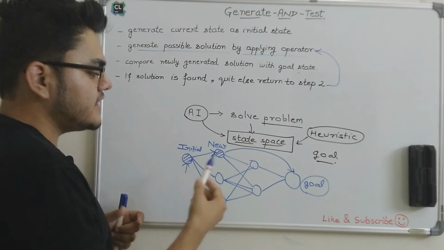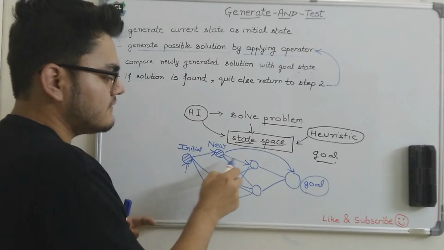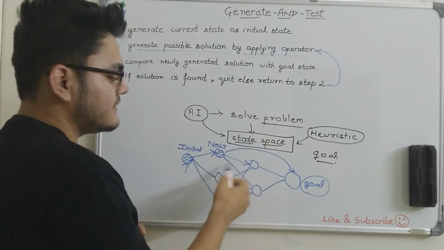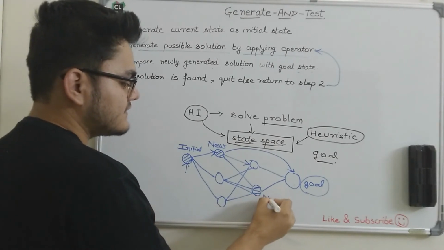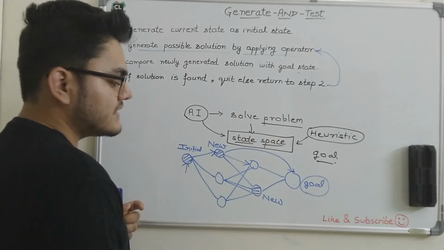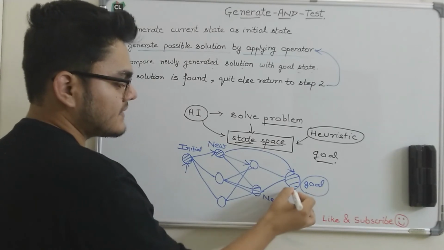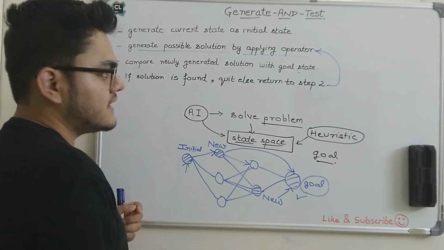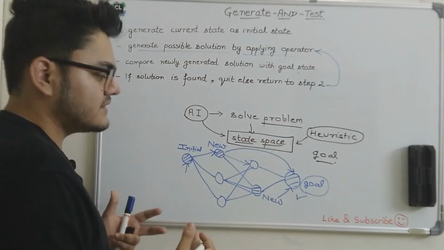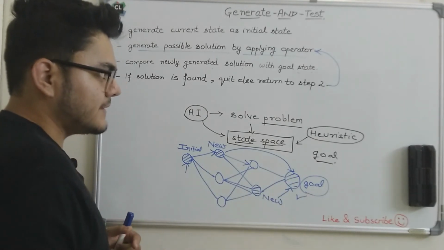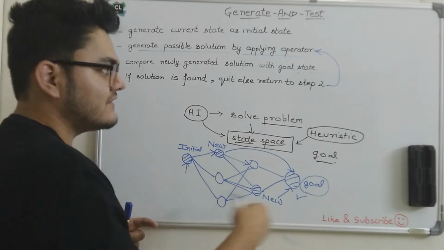So we will continue applying operators and continue from here. We apply the operator and get some possible solution. Let's say I apply the operator and I get this one as the new state. Again, it is not the goal state, and again we will apply the operator. Then we will reach here, and this one is the goal state, so the algorithm will quit. So this is a very simple example of how a generate and test algorithm is able to reach the goal state, right? We start from the initial state, we generate the initial solution, and we keep on generating possible solutions